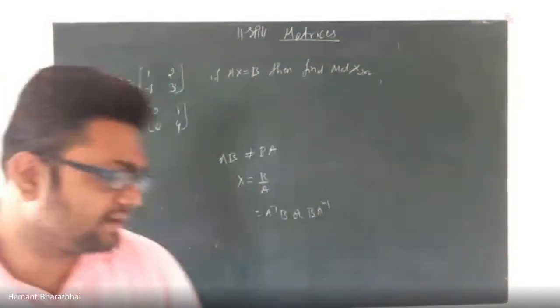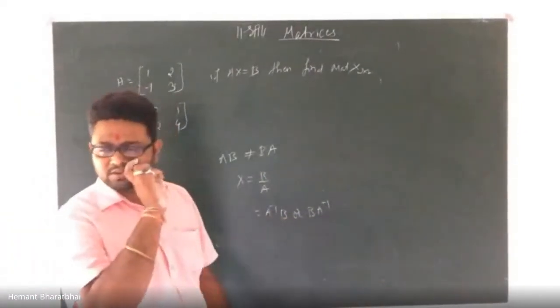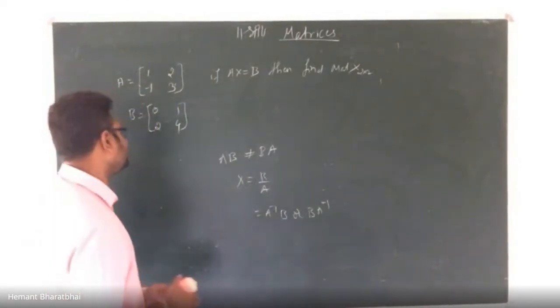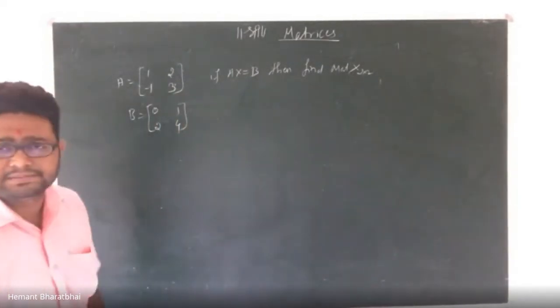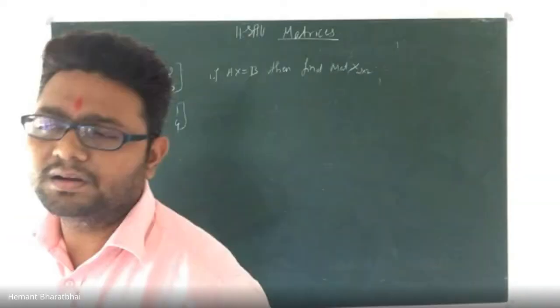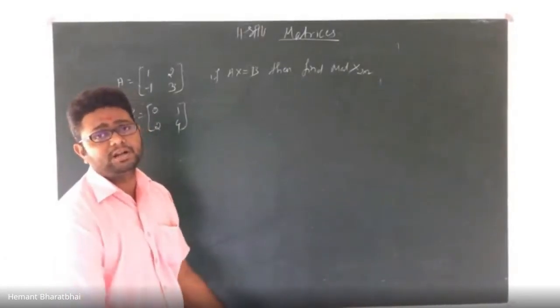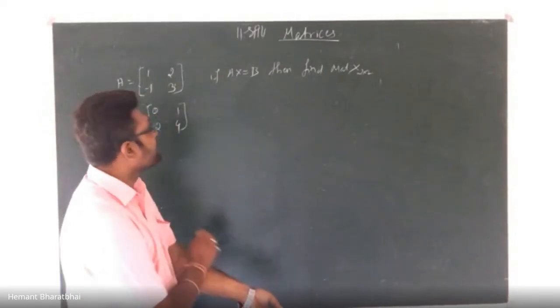Last time I wanted to show that only. If you write it this way or write it this way, in both cases you are going to get different answers. Why? Because AB is not equal to BA in matrices, and therefore we avoid dividing in matrices. Because if we divide in matrices, we don't know, should we write A inverse into B or should we write B into A inverse. So, first thing,